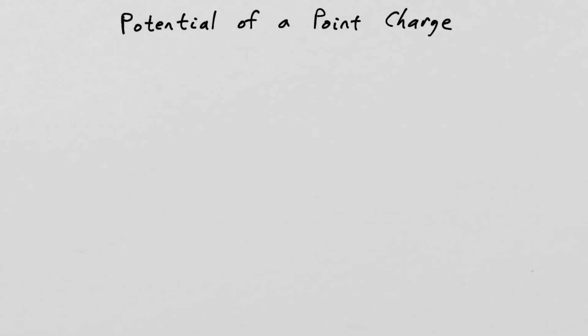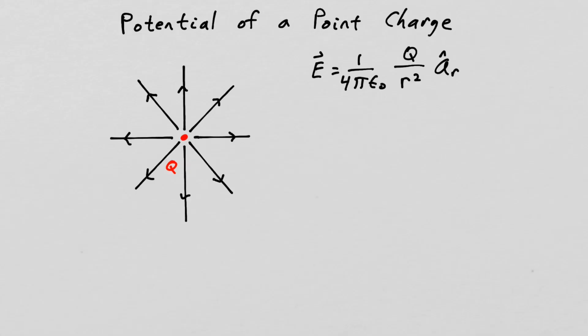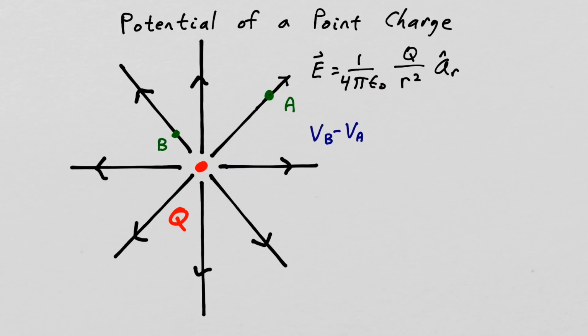Let's find the potential field of a point charge at the origin. I've placed a point charge Q at the origin, and we know the form of the electric field intensity due to a point charge at the origin. Let's pick two arbitrary points, A and B, and find the potential difference between B and A, V sub B